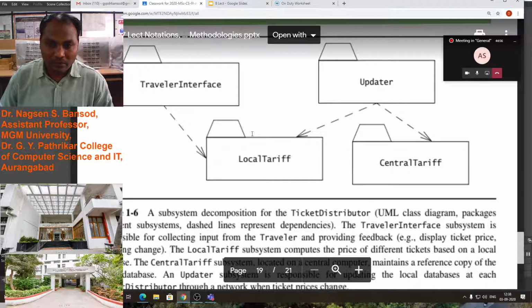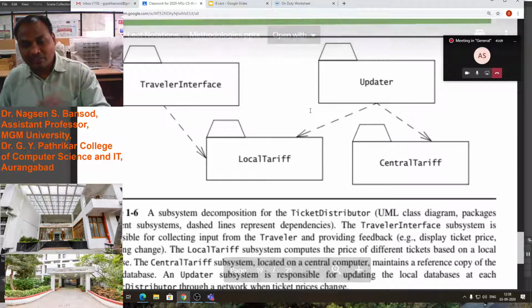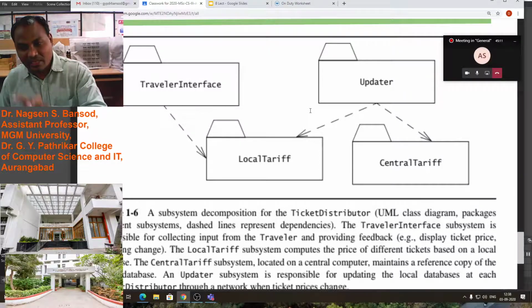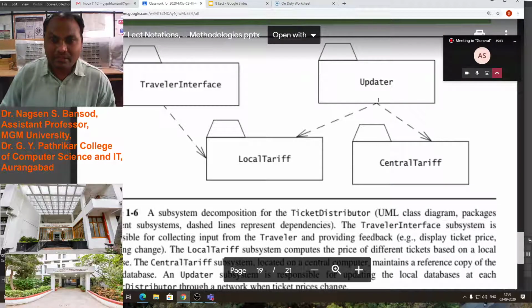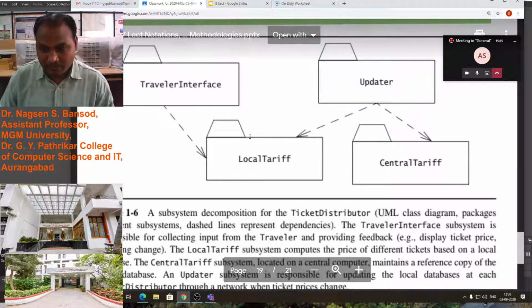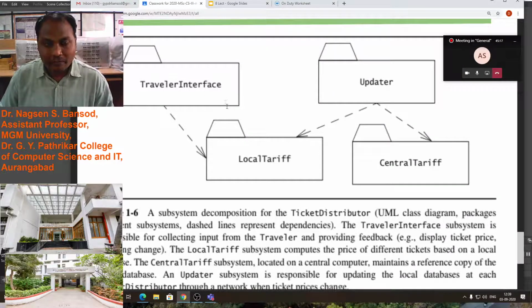All these four are subsystems. So here you see this diagram. This is the symbol of a subsystem. To represent a subsystem, we have to design this type of class diagram. This is the class diagram of the system, a UML diagram, Unified Modeling Language diagram.